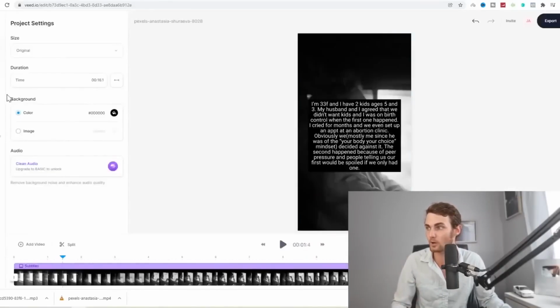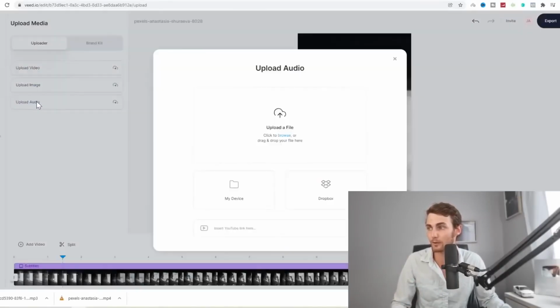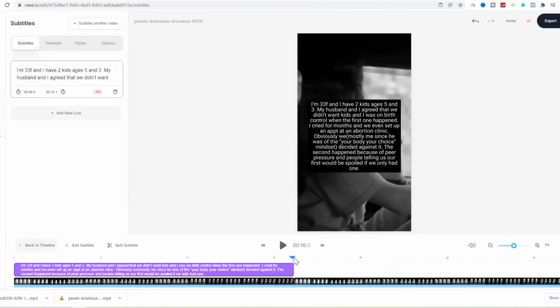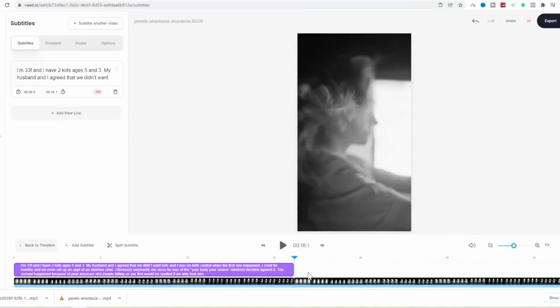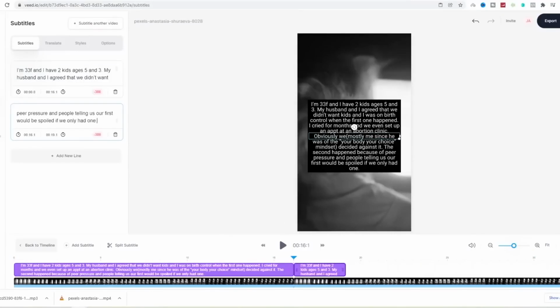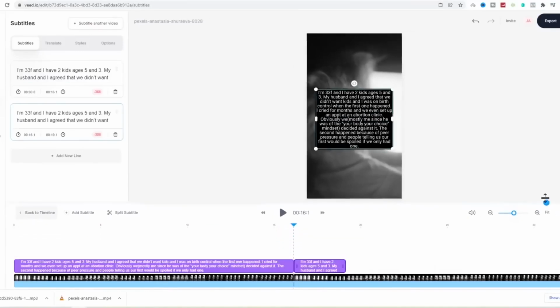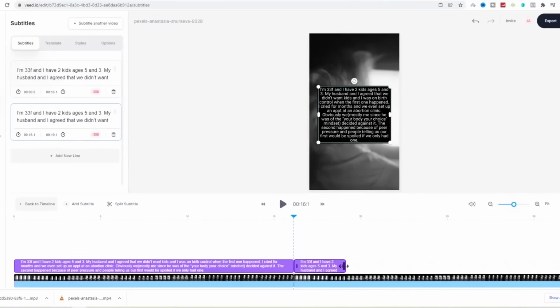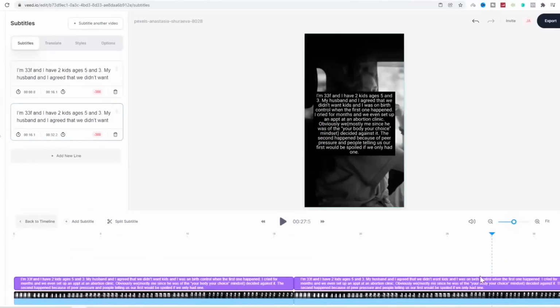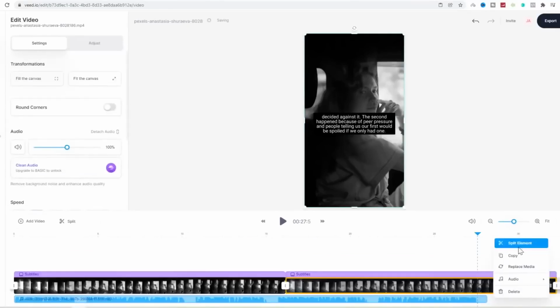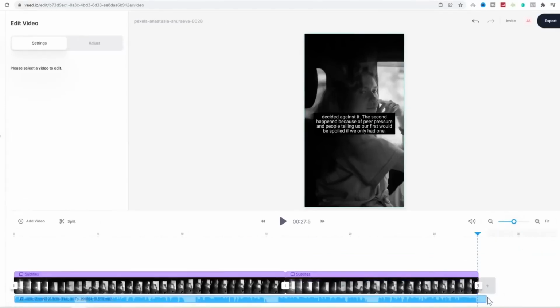Come back to veed.io. You want to click on upload, upload audio, upload file, and upload that same file. Then at the end of this line, paste it again, right click, paste, and copy that same text. Have a look here, you just want to lift this up a bit and drag this until the end of this video. When the voice finishes, right click, click on split elements over here, and right click, split elements over here, and you can delete this. You can see the audio file at the end. So that is the first paragraph complete.